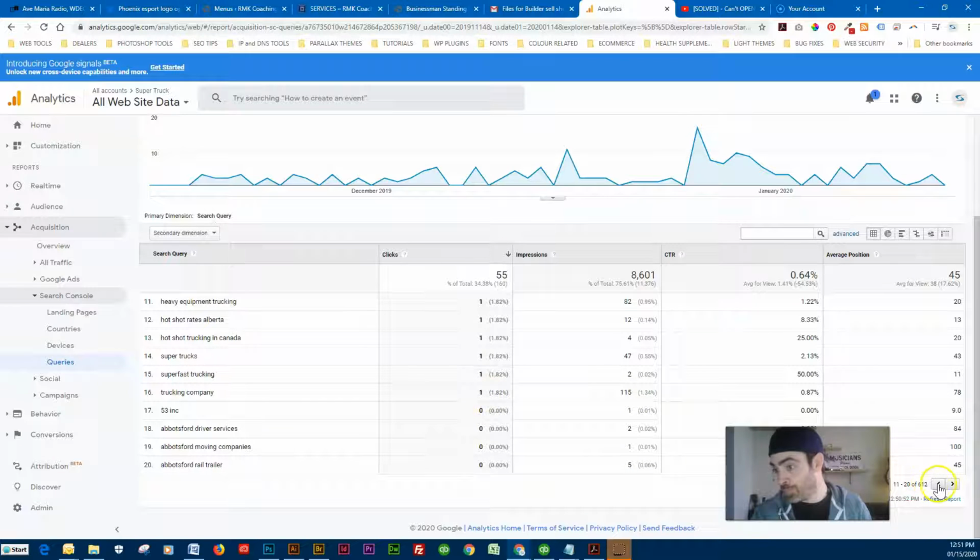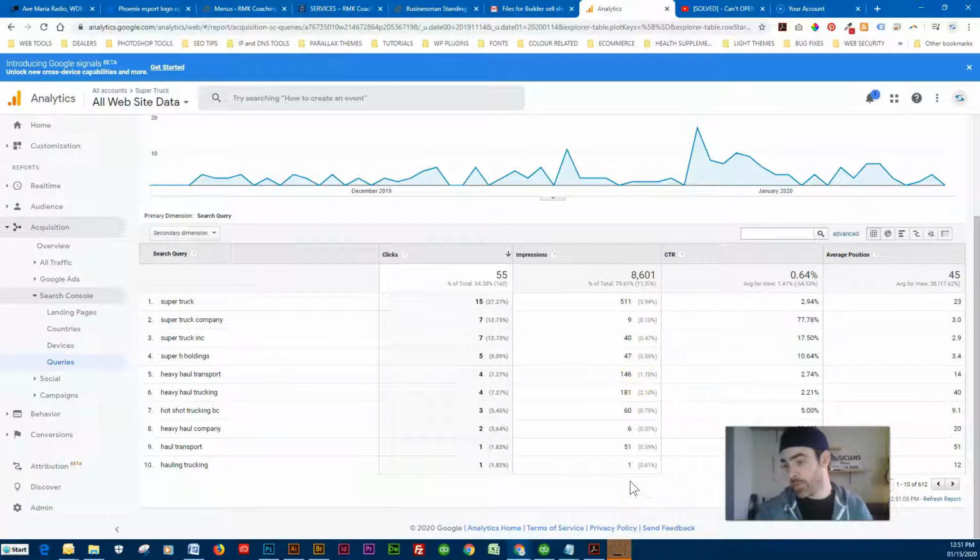So obviously, heavy haul trucking, 181. We got 4 clicks there. Heavy haul transport, 146. So right now for these search terms, we're not coming up in the map box. This click through would really jump if we had a position in the map box. So anyway, Search Console queries will give you these search terms